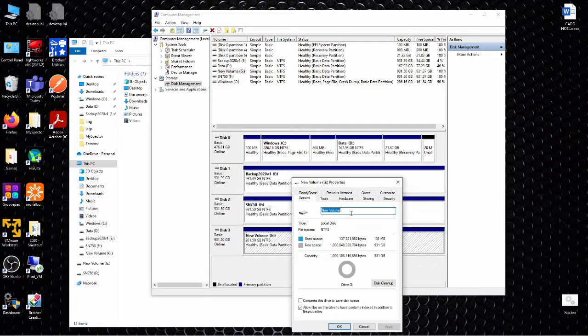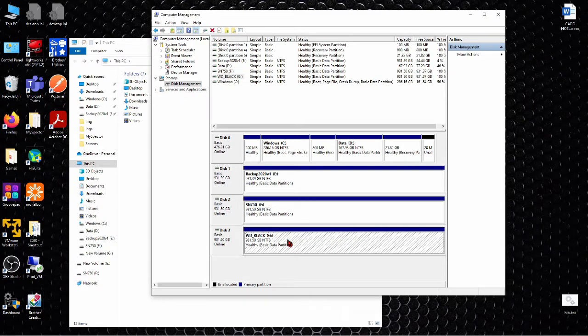I will say this will be the WD Black, which is another SSD drive, which is not this one.